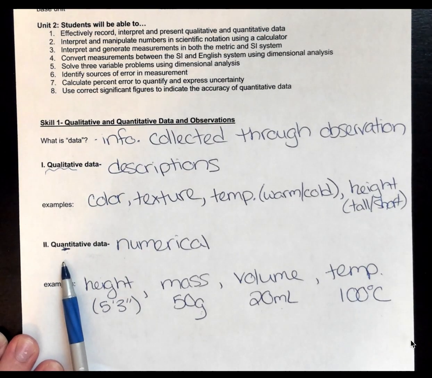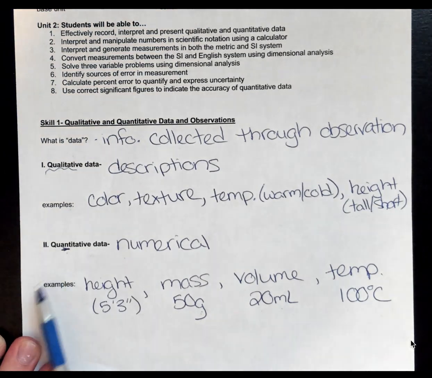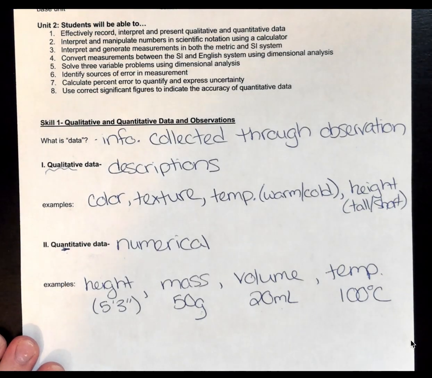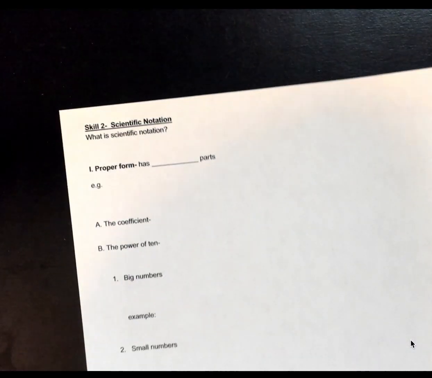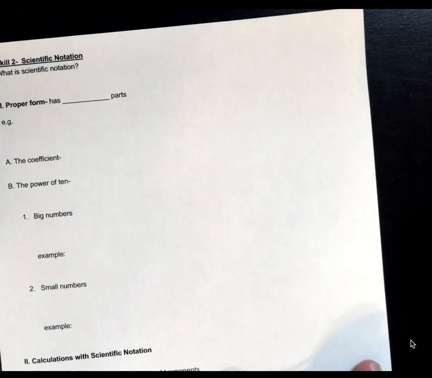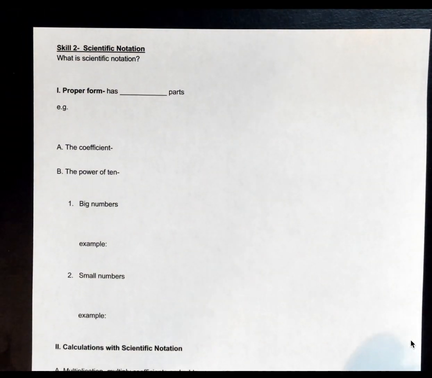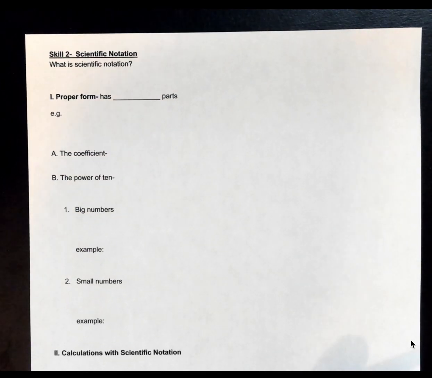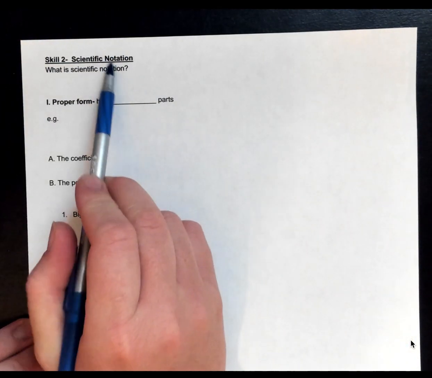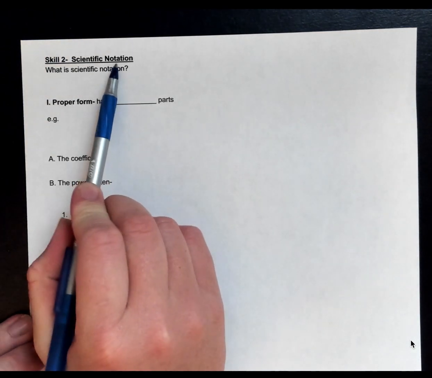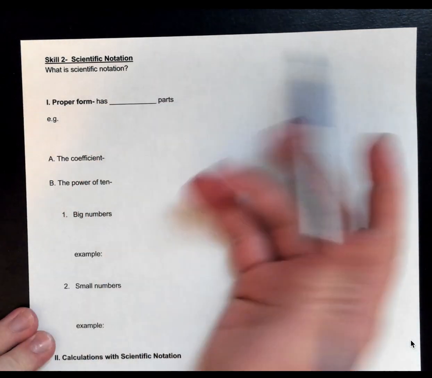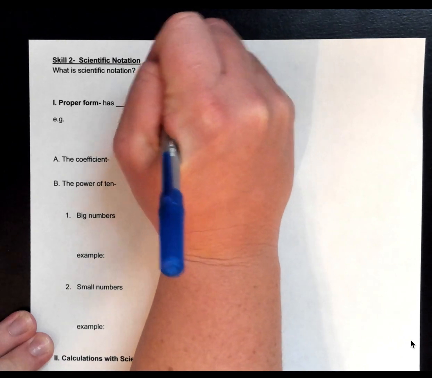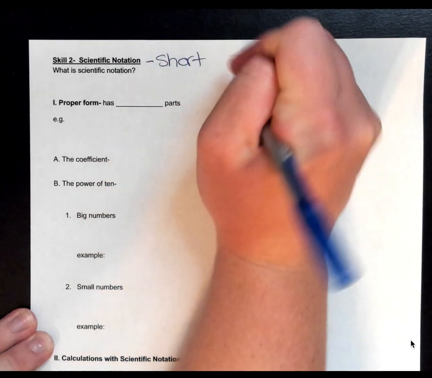Now, when we look at numbers, sometimes with what we're going to be working with in chemistry, we're going to be dealing with really, really big or really, really small numbers. And sometimes chemists can be really lazy. And frankly, I don't want to write down all of the zeros or all of the numbers in my number. So I'll write numbers in scientific notation. So what is scientific notation? It is a shorthand way or shorthand method